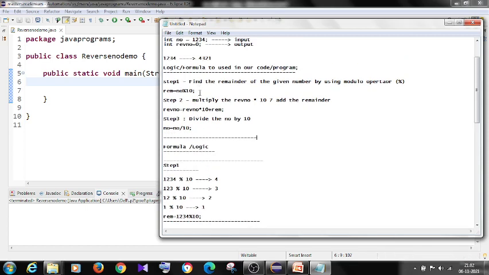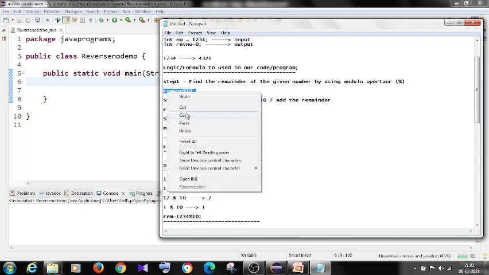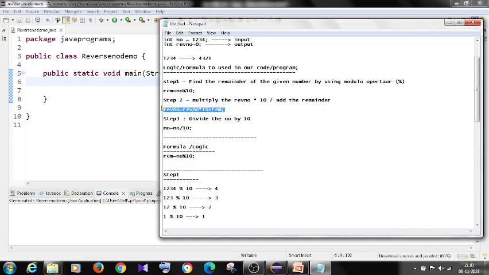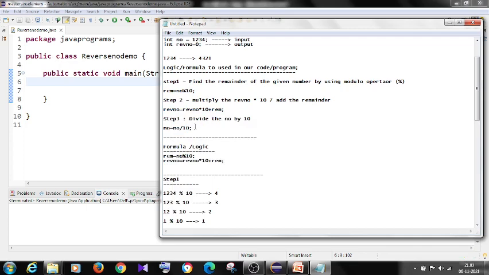First step will be remainder is equal to number modulo 10. Next will be rev number is equal to rev number into 10 plus remainder, and next will be num is equal to number divided by 10. Okay, this is the formula logic we need to implement in code.